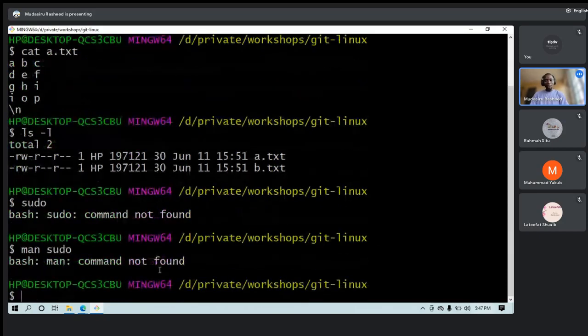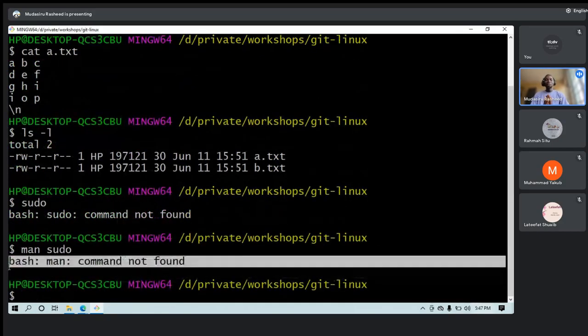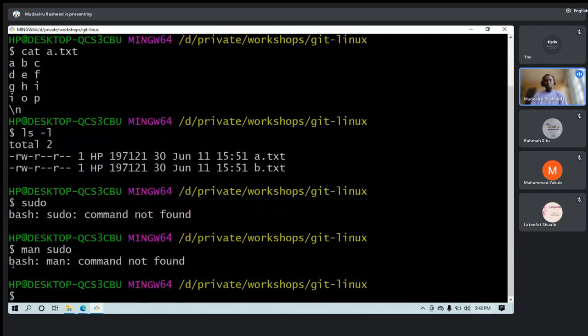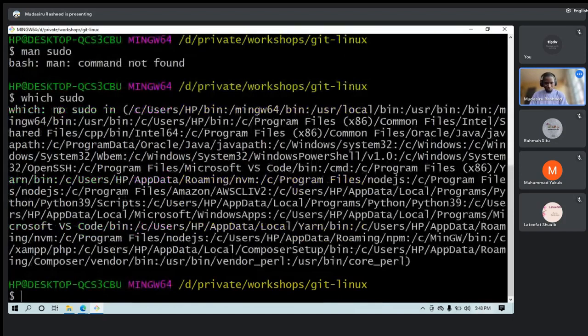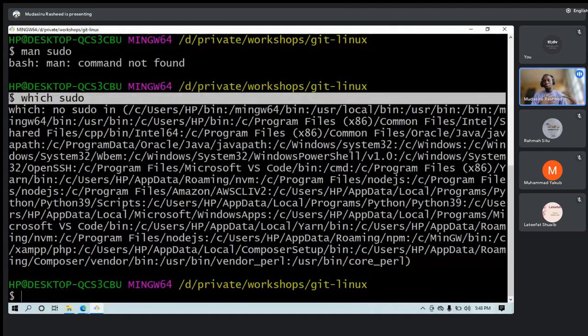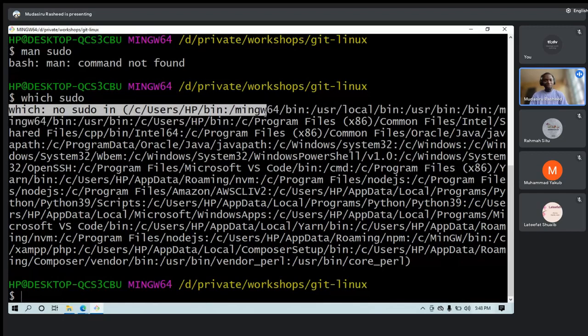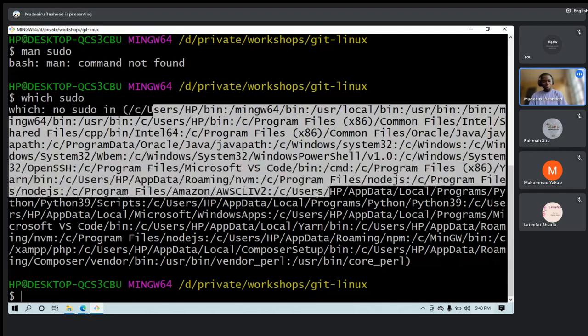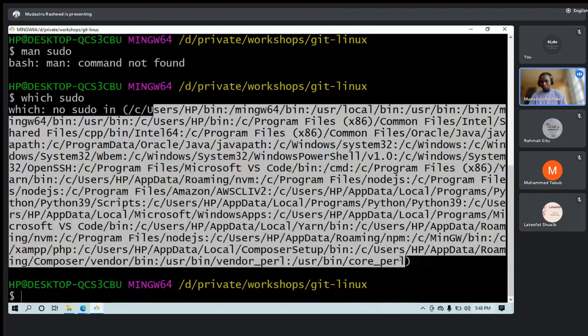Another command we use in Linux is man. Man is just to get more information about a particular command. See, what it does is basically tell us more about a particular command. On this system, I'm the admin user here, and this is everything you need to navigate to me on this particular system.